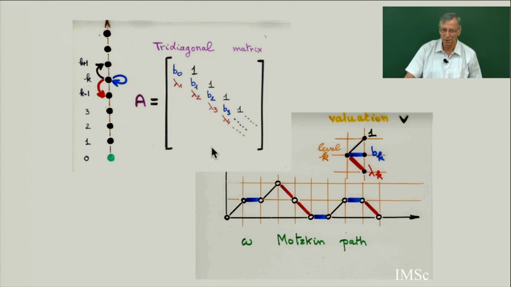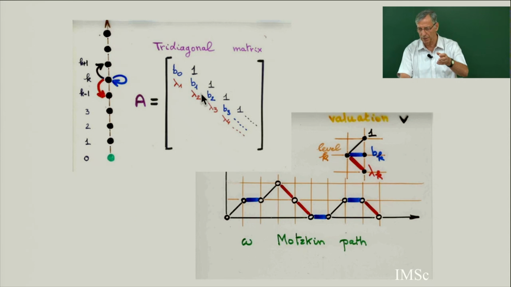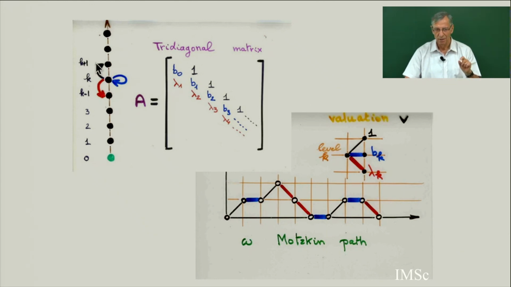And if you see some physics papers on orthogonal polynomials, or classical papers, many times these tridiagonal matrices appear in the subject. Why does this matrix appear? Because on the diagonal you put b_0, b_1, b_2, b_k; below the diagonal you put lambda_1, lambda_2, lambda_k; above, you put 1, 1, 1. This tridiagonal matrix is exactly the transition matrix of the path. By transition matrix, I mean that in the Motzkin path, if you are at level i, then you can go to level i plus 1 with weight 1, you can stay at the same level with weight b_k, or you can go down from k to k minus 1 with weight lambda_k.